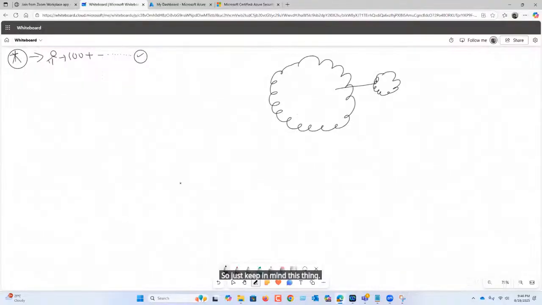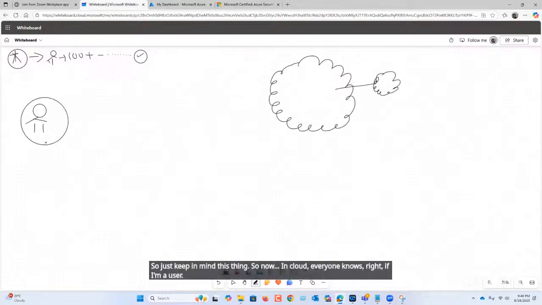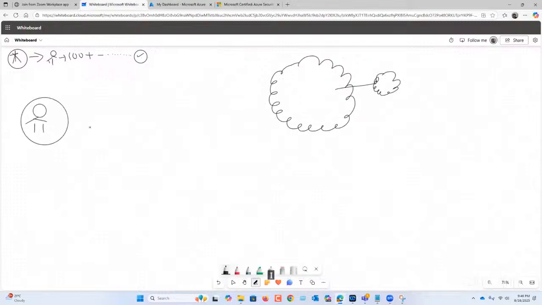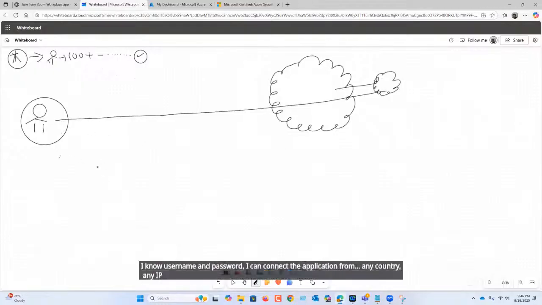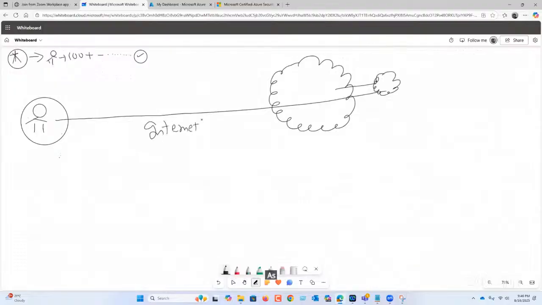So now in the cloud, everyone knows, right? If I am a user, I know the username and password. I can connect to the application from any country, any IP, any location, anywhere across the world as soon as we have internet. Yes or no, guys? Right. So this is good, maybe. This is bad also, maybe.